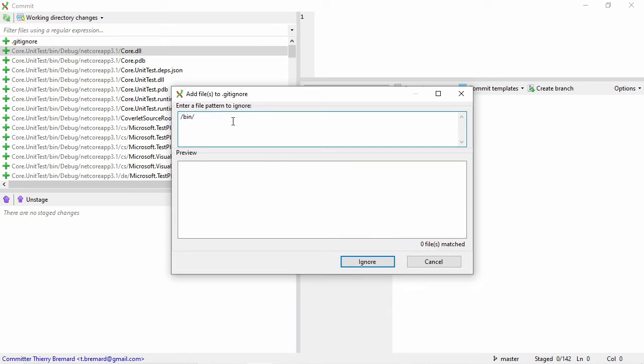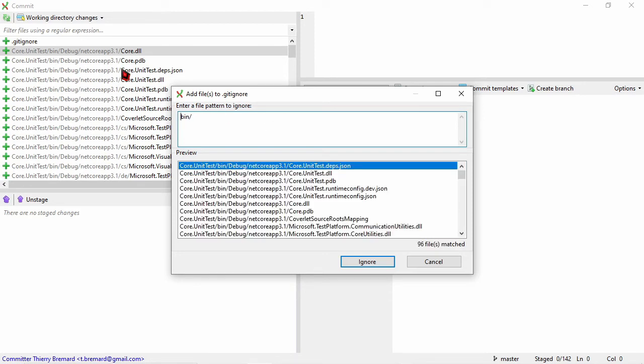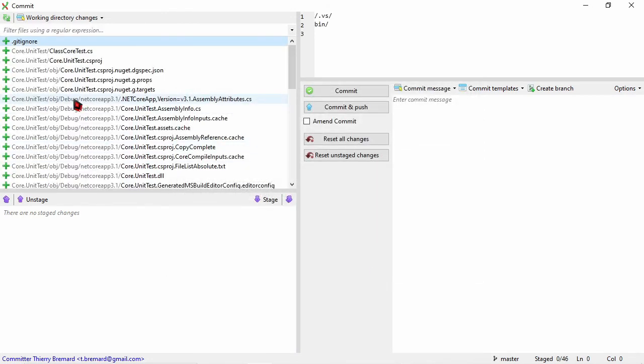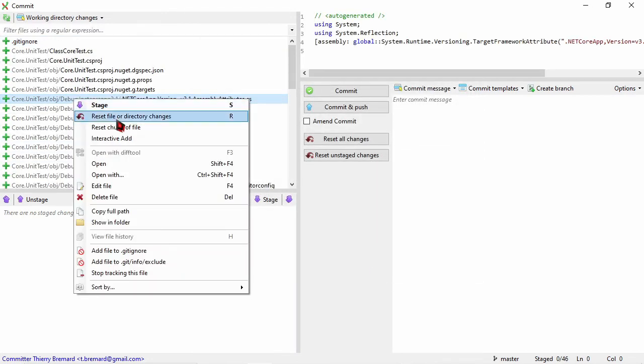The idea is to remove most of the files which are generated, which are the output of the compilation. By using this pattern bin slash, I reject everything from solution template in this project. 96 files match, so I ignore. Same thing for the obj folder.